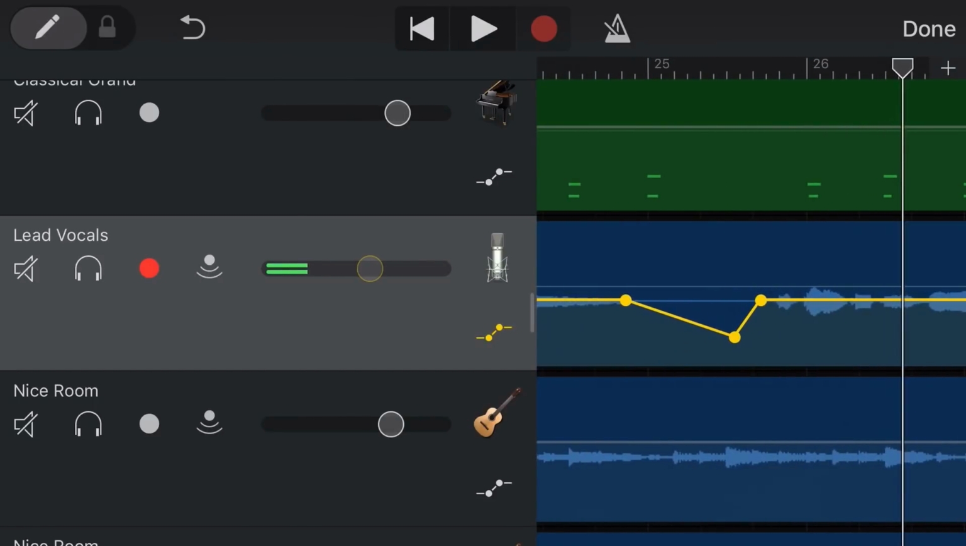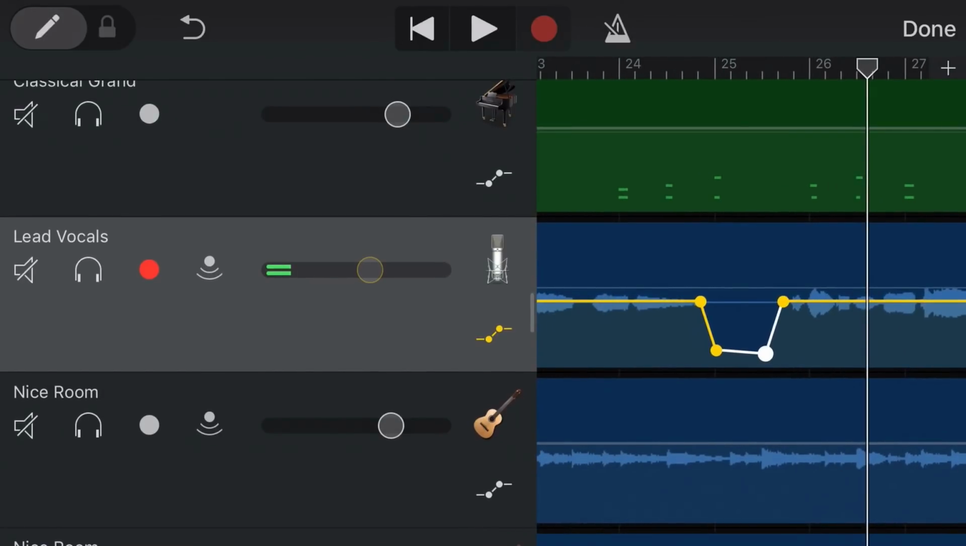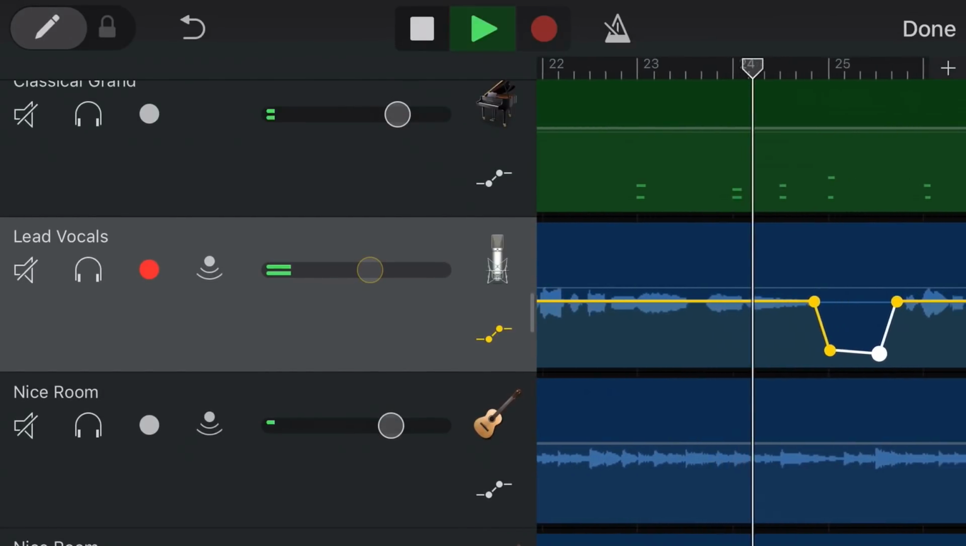So with this one, what I'm going to do is add in another point here, and then I'm going to drop that down. Because it's that sort of mouth noise, it's not breathing. Breathing I can tolerate a little bit louder, but those noises I don't like. Let's try this again. Right now